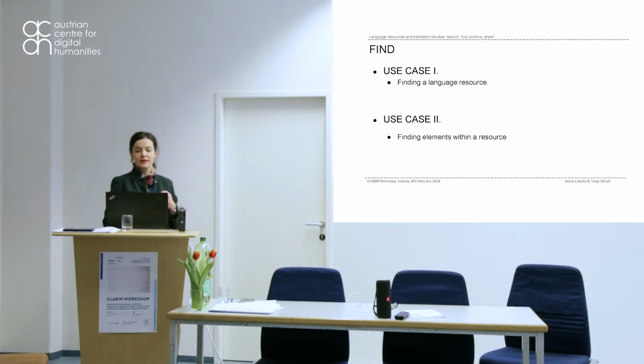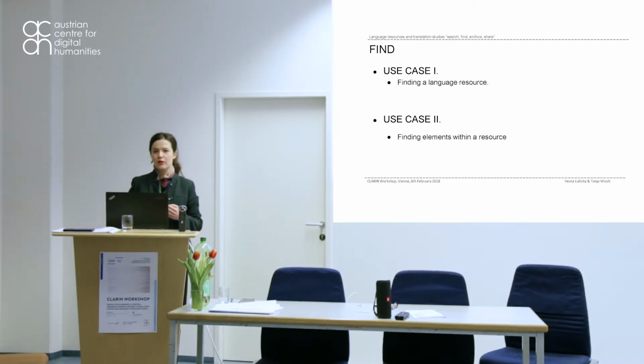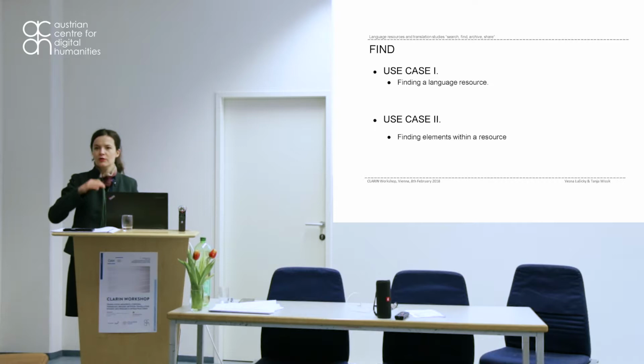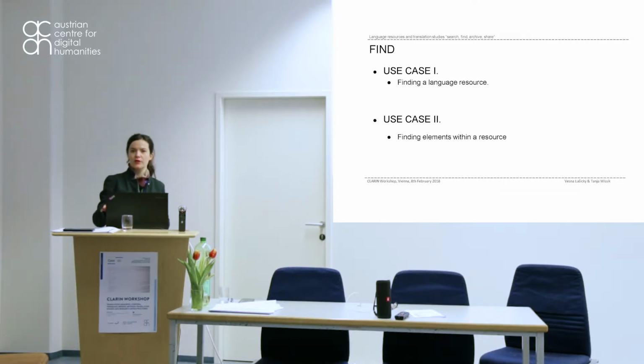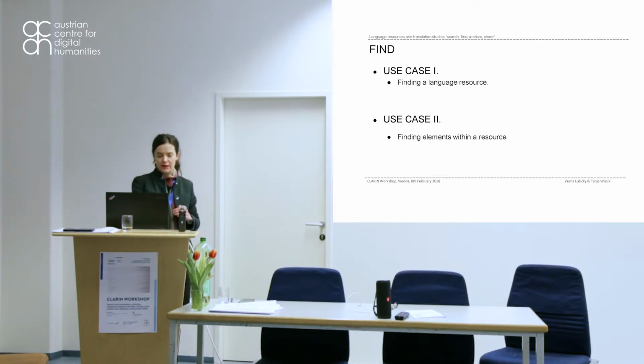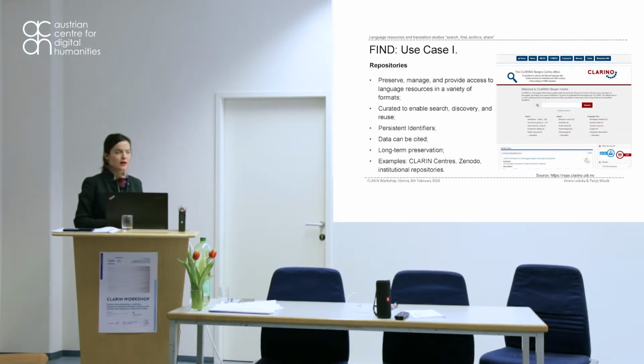The other case is where you already know what you're looking for, more in terms of keywords or specific linguistic elements. This is very relevant for us translators, right? We are looking for a specific word, for asylum, for example, or something that pops up in our translation problem. And here you could go, for example, into the resource per se and look in the resource for this specific keyword. And I want to give you some examples of how this can be done in CLARIN.